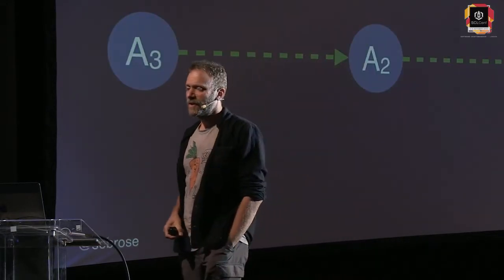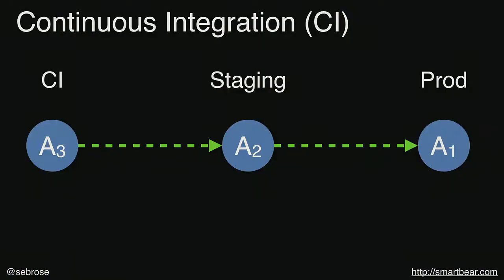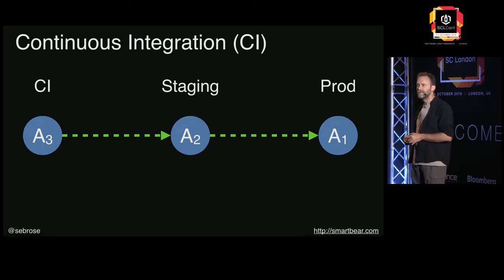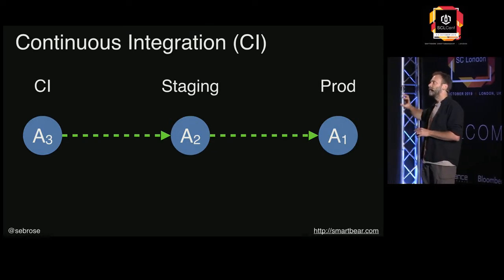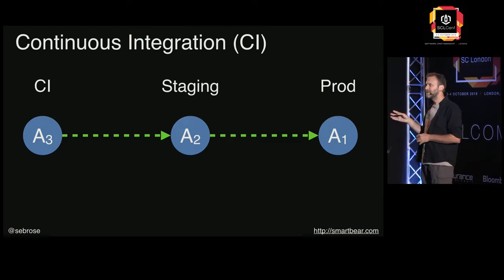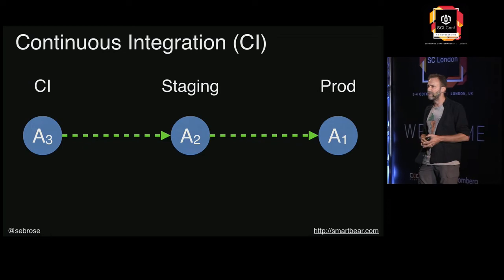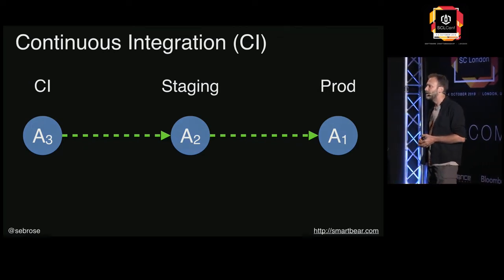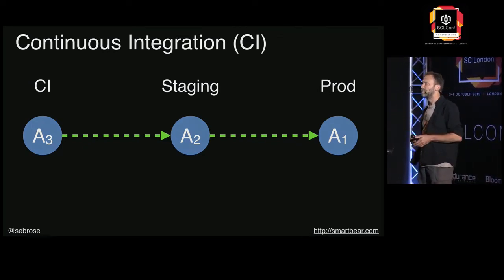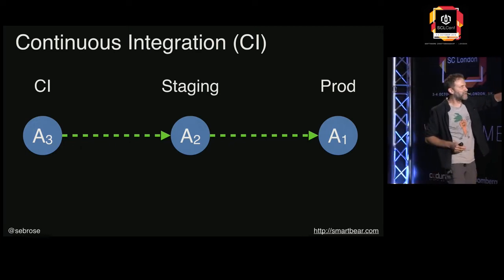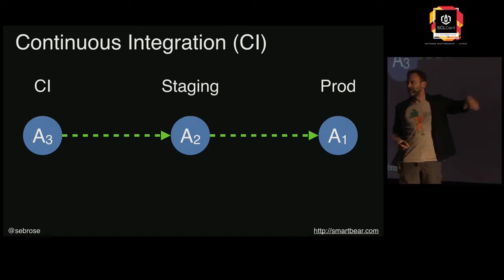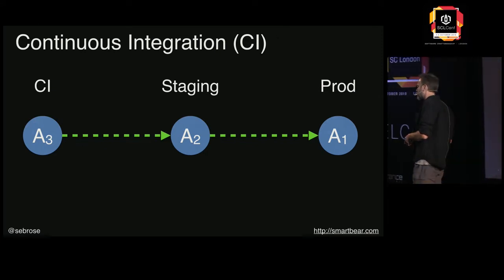So you think of continuous integration. You check in and it goes through the CI build, and then something happens and it gets promoted through maybe a number of environments and maybe goes to a staging environment, and then eventually ends up in production. So this is a shortcut. I could put many more stages in here. I'm sure that many of you have CI pipelines with more than 3 stages in it. So think of the middle stage here as being 1 to n stages, whatever works for your organization.